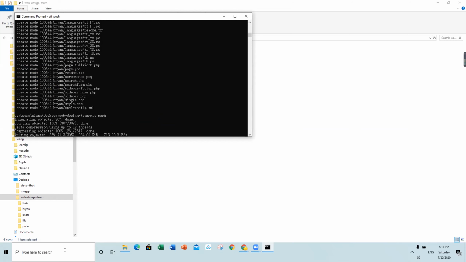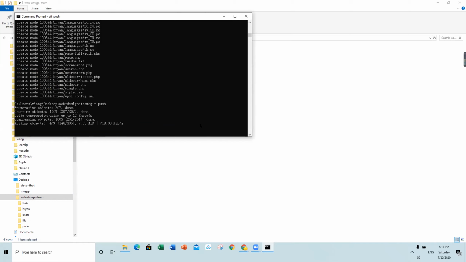Okay, so that's the 3 steps that you have to do to submit your homework. Thank you. Wait up. Wait a second. Whenever I git clone, huh? For some reason it says git is not... Oh shoot. Oh my gosh. Okay, I know what the problem is. My bad. I have to re-download git.